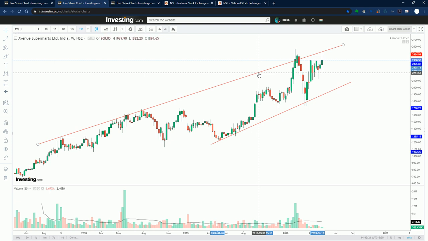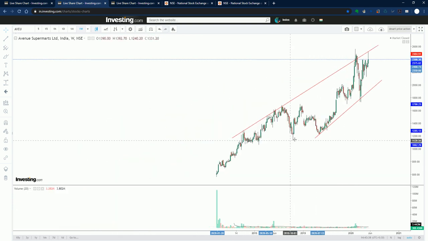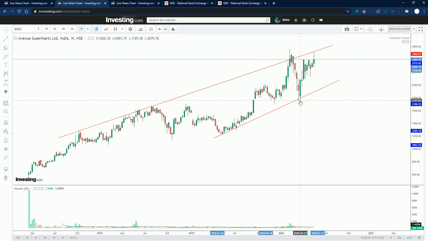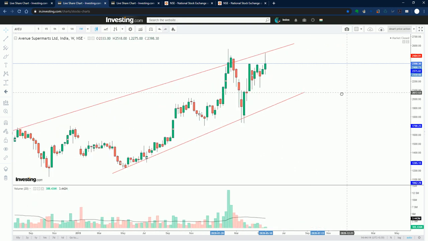It is acting as a strong resistance there, and at the bottom line we can see a strong support. It was not there before, but recently, from 2019, we can see that this is acting as a strong support line. Even last month, this stock was supported by this trend. I will show you one box here.